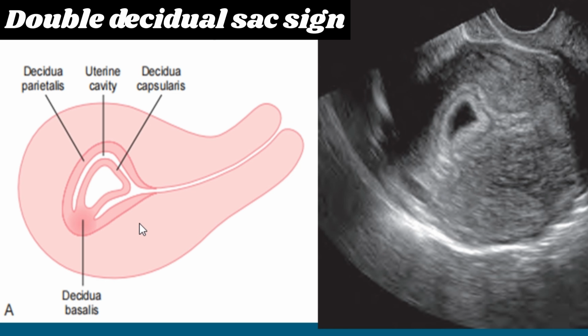with the uterine cavity in between the layers. The inner echogenic layer is termed the decidua capsularis that directly surrounds the gestational sac, and the outer layer is termed the decidua parietalis and is on the opposite side of the uterine cavity. The uterine cavity is the hypoechoic layer between the echogenic layers, and the three-layer appearance is not seen at the site of implantation. This structure is called decidua basalis.